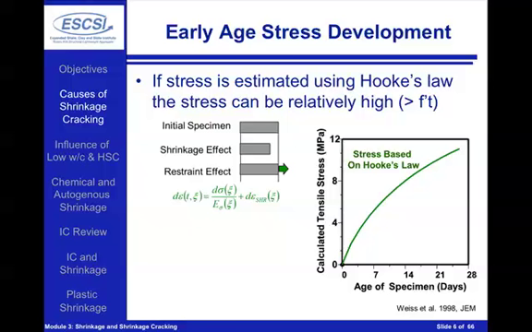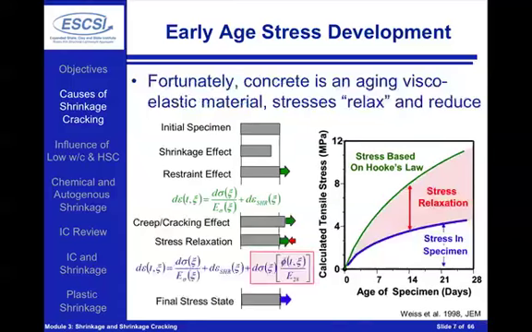And if we do a calculation like this, we can see that the tensile stresses will develop substantially over time, and when these exceed the tensile strength of the concrete, we can think about a crack that would be forming. So once we start to exceed 5 or 6 MPa, once we start getting over 400, 500 psi, we could expect cracking to start to occur. However, and very fortunately for us, Hooke's law is a simplification of what happens in concrete, because